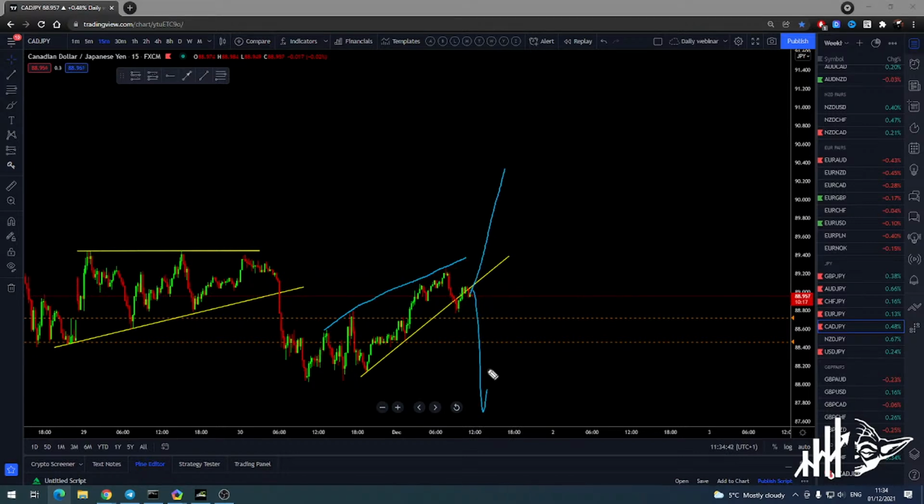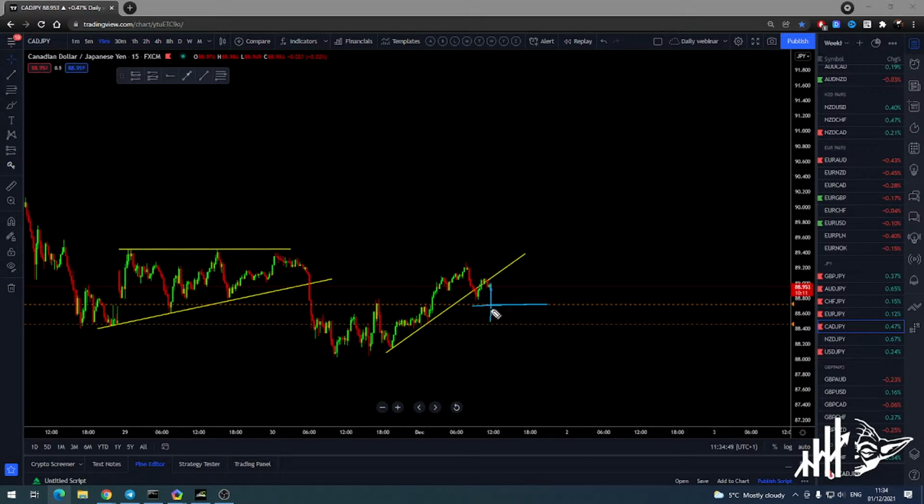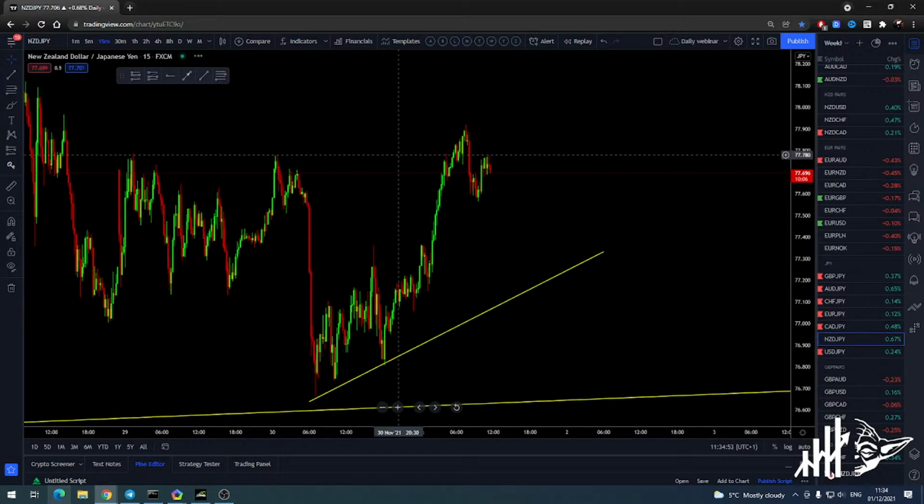So watch this. It will drop at any time soon, and definitely you want to be in the trade. So keep your eyes on a strong break to the downside. Any sell, you can take it. Feel free to take it. New Zealand yen,